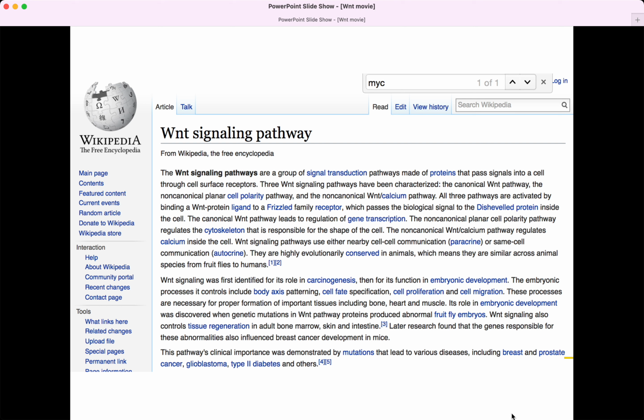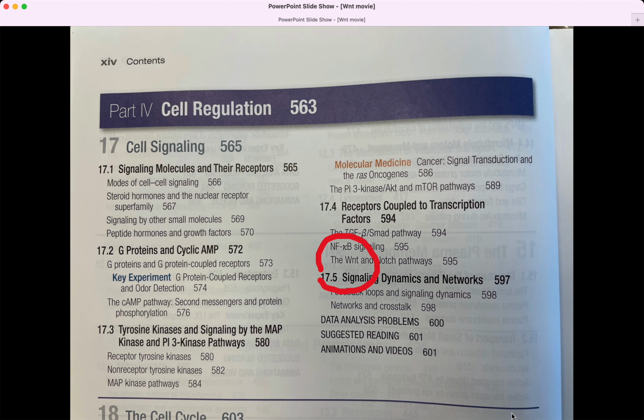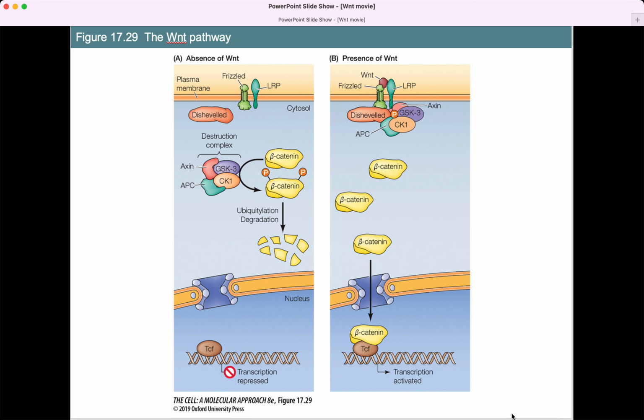It's found in our body and every animal's body. And it's covered in chapter 17. You can see it looks like a small part of chapter 17 because it is, but it's our example, in the same way we talked about muscle differentiation and myogenin and muscle gene expression. Wnt is going to be our general example that we'll use to talk about other signaling factors and signaling pathways. And so here's that figure from chapter 17,